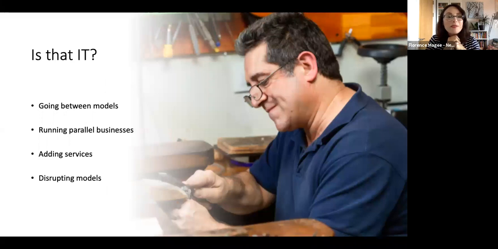So these are my 3 models. Is it that simple? Of course, I'm sure you came up with loads of examples in your head of people who do a bit of this and do a bit of that. And you can indeed go between models, but the important thing is that you know that each has a logic that is separate. And it is important not to try and run one model with a separate logic, or if you do so, that you actually align your business to what it means.